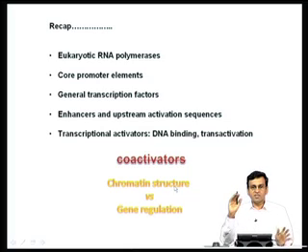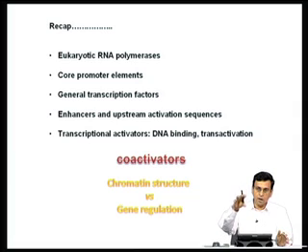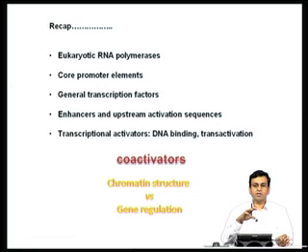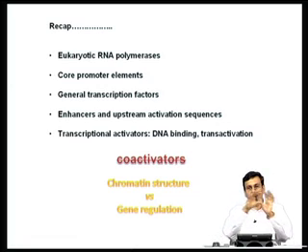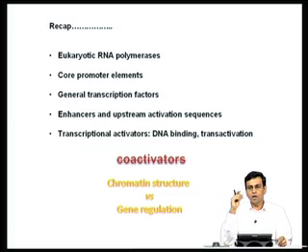So far, in all our discussion over the last 6 or 7 classes, we have covered how the core promoter elements are organized, how the RNA polymerase and general transcription factors are assembled on the core promoter, and how transcription factors bind to upstream sequences, and how binding of these can result in transcription activation. And we also discussed how various promoter elements can be mapped by techniques such as DNase I footprinting, gel mobility shift assay, etc., and how we can use either transfection assays in cell lines or cell-free transcription systems to study various promoter elements. But one thing we have not discussed so far is that in vivo, in reality, in eukaryotic cells,